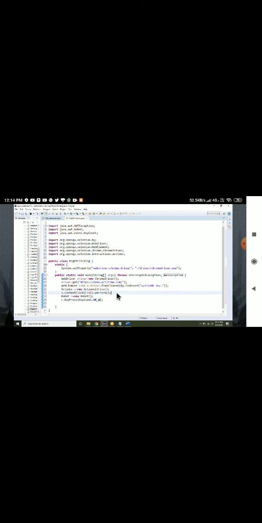One second. Let me import. r.keyPress. Here, how to press W? KeyEvent.VK_W. It will press W. If you want, you can give Thread.sleep for 1 second. For Robot class, I cannot use implicit wait. Always remember. We'll see whether it is working or not.